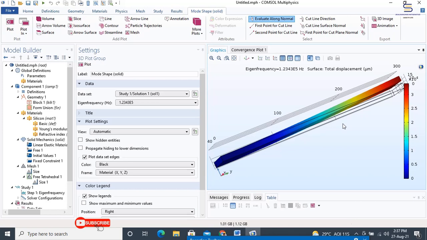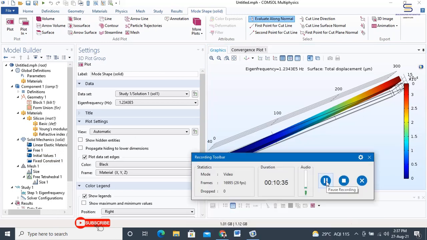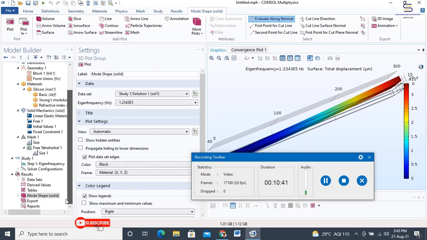This is the experiment which is based on the regular analysis of solid mechanics. Now we will be moving on to the result analysis. In the results we can see data sets, derived values, tables, mode shape, export and reports.